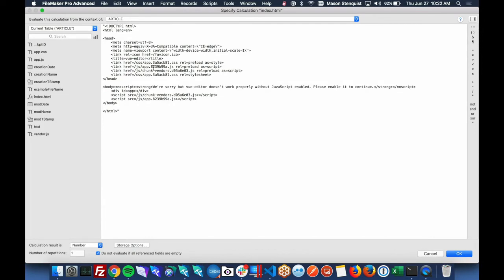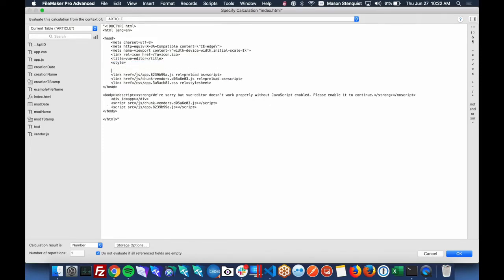All right, so now we can go back into our index. And since FileMaker doesn't have a concept for importing, like linking from a folder like this, what we're going to do is inline these. This is a style, so we do that. And then in between, we can just inline our app.css. All right, so this is where it wants our app JavaScript. Actually, we don't need these.